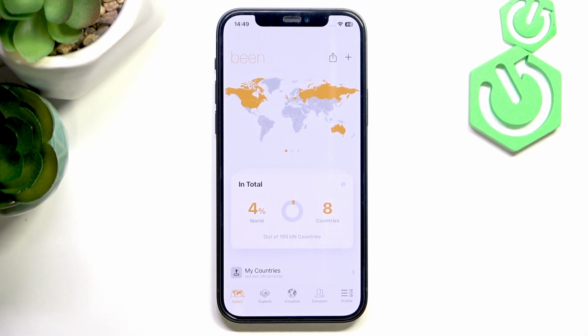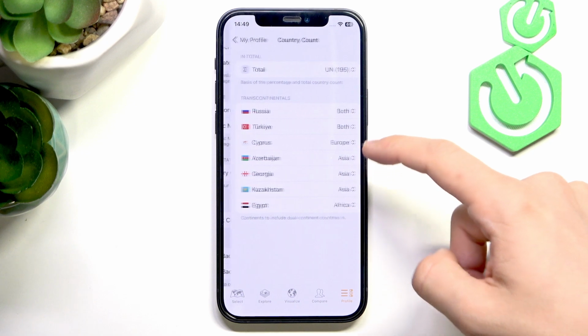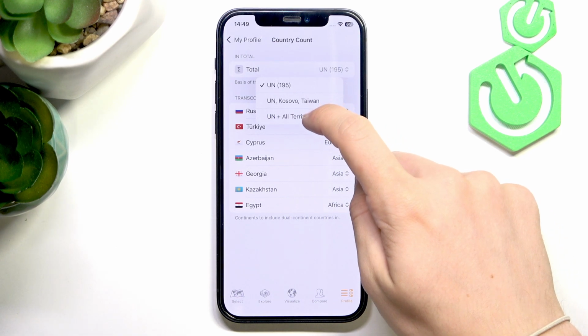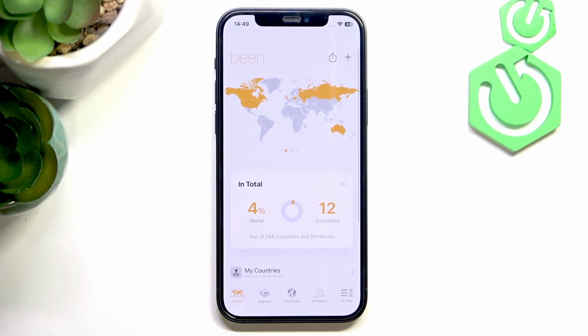plus Kosovo and Taiwan, or UN countries and all territories. So you can go to profile, scroll down to country count, and change total to UN Kosovo Taiwan, or UN plus all territories. And now you'll see that there's 266, not